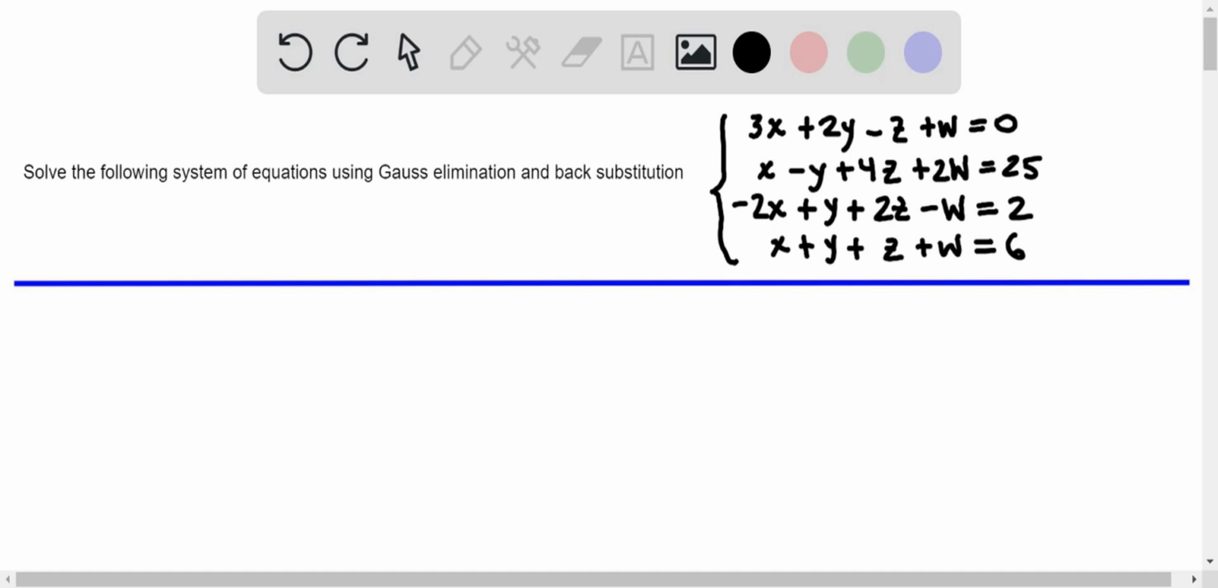So here we are going to write the augmented system first. Then we apply some elementary row operations in order to find a row echelon form of the matrix. With that, we write the row equivalent system, and then we use back substitution to find